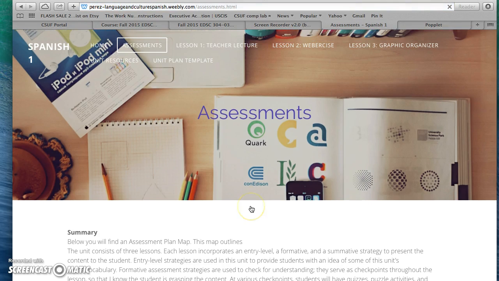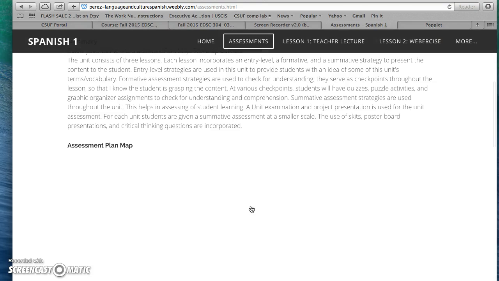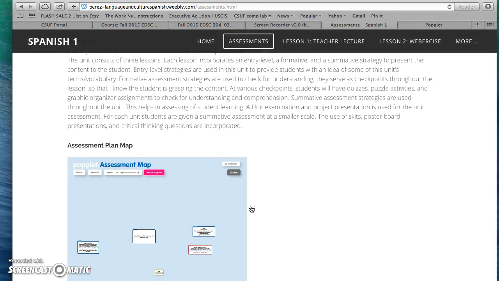So next we have assessments. Just a little summary here. Throughout, the unit basically consists of 3 lessons. Each lesson incorporates entry-level, formative, and summative forms of assessments. So the entry-level consists more of vocabulary terms, lecture, videos, which present the content, the information, the material to the student. More formative assessment strategies check for understanding, and in this particular unit for formative assessments, I use more